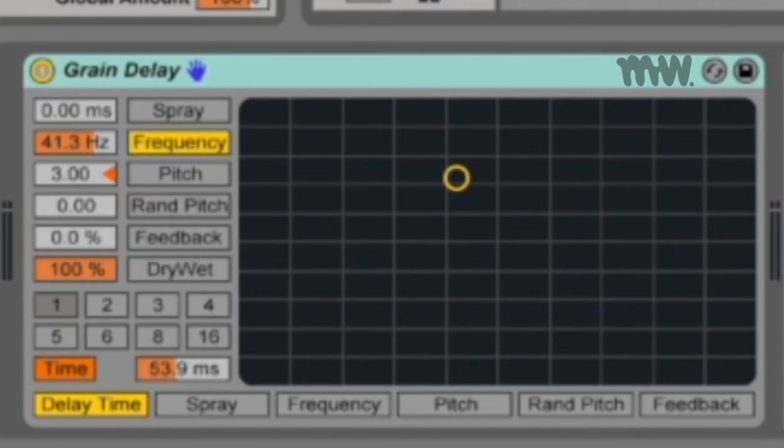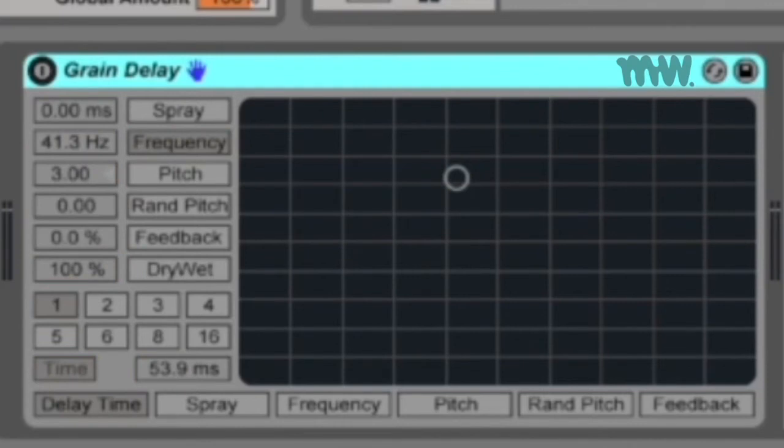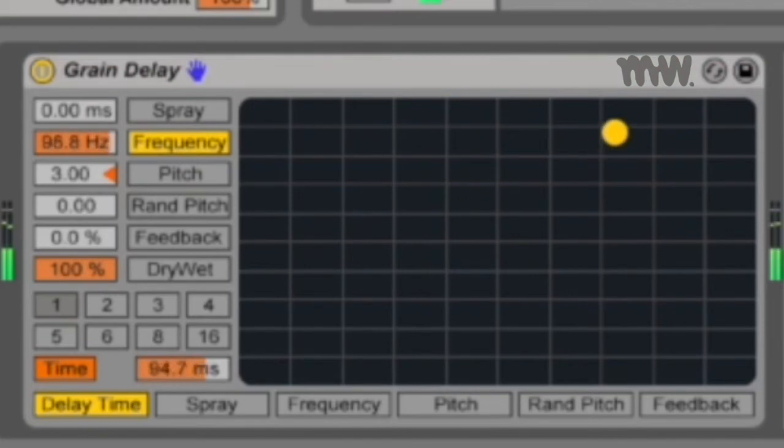And this can be very useful in creating new sounds and textures, as well as some really interesting automation effects. Let's start with a simple ooh vocal sample. And with the grain delay,